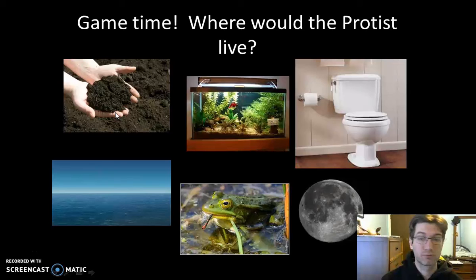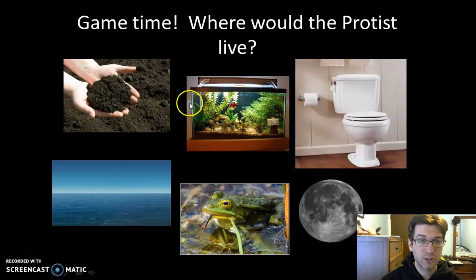Protists could just find their way there through various means of transportation, whether it was through the wind carrying them or some other contaminant. But again, they're not just going to spontaneously generate there. Someone will have to bring that into their environments by some means, whether that's nature or humans or other animals.